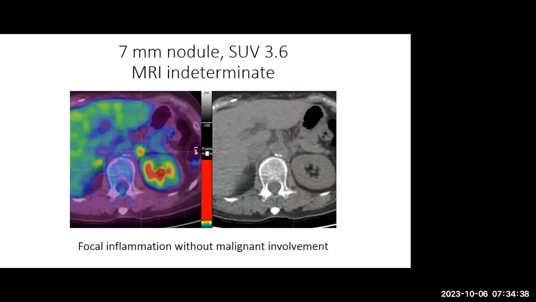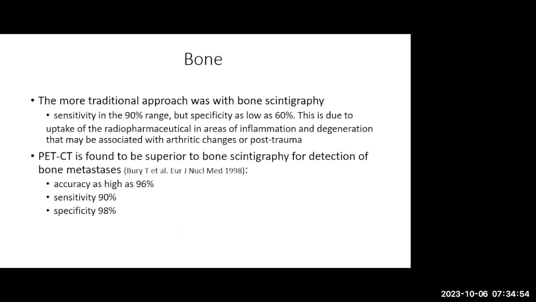This could also be the way a malignant, or I should say metastatic, adrenal adenoma may look. So the only way to differentiate is by doing a biopsy, but at least they know what to target and what to biopsy, right? In terms of bone, the more traditional approach is typically bone scintigraphy,